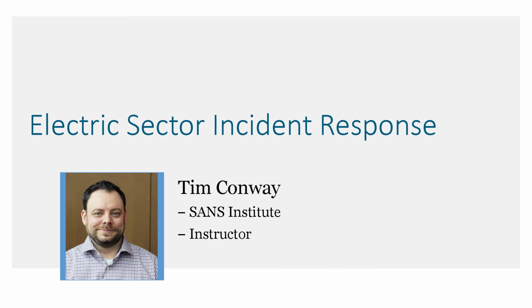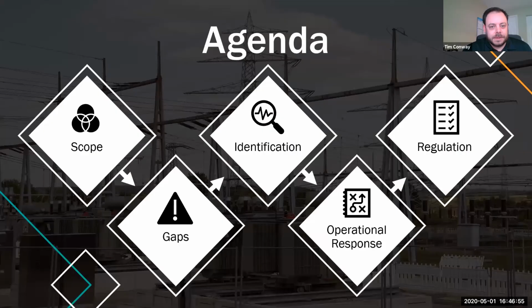I'm going to go through a number of things, and I would say kind of through these 5 areas that I'm going to talk about, kind of the scope of what's in discussion as we're looking at incident response and what an attack is. That's going to become an important conversation that we have later, the definition of an attack, the scoping, the gaps that we're seeing, the identification, kind of maturity and variables, as well as the operational response.